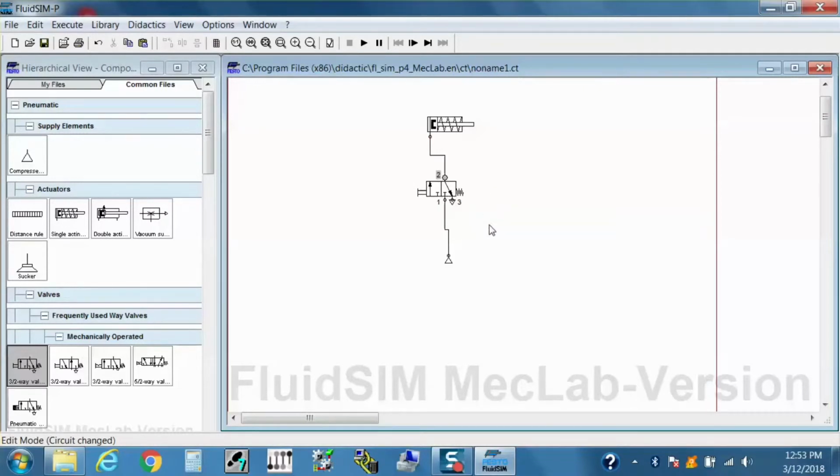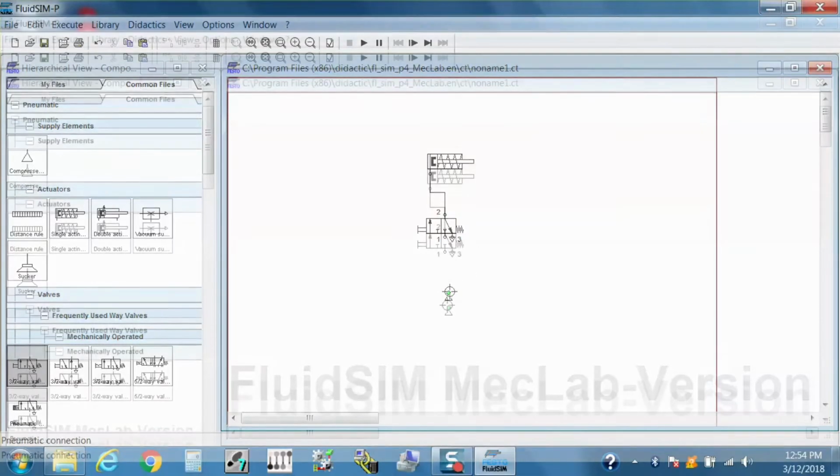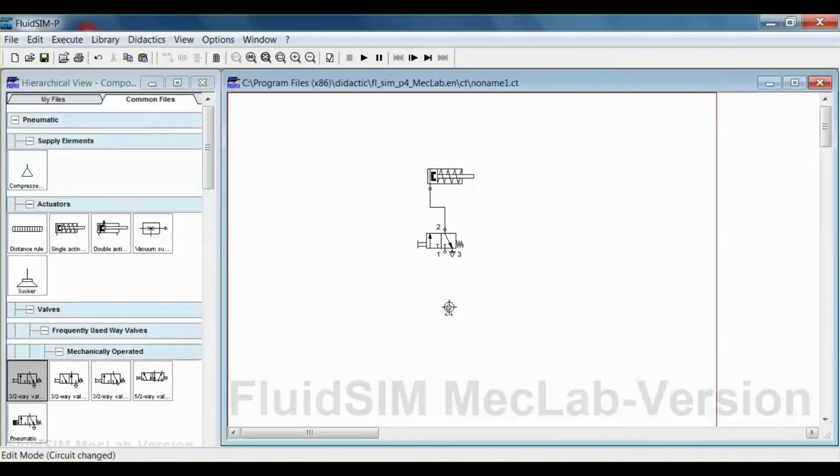Now connecting up components can be, as you see, there's a target. As I highlight over the circle indicating a connection pin, the target symbol indicates that you can create a connection at this point. So if I click and delete this and try it again, as you see there's a green dot compared to a red dot. When you see that green dot, right click, hold, drag to the next connection that you want